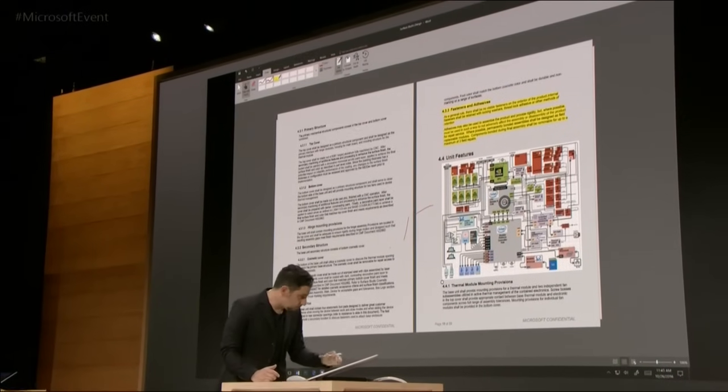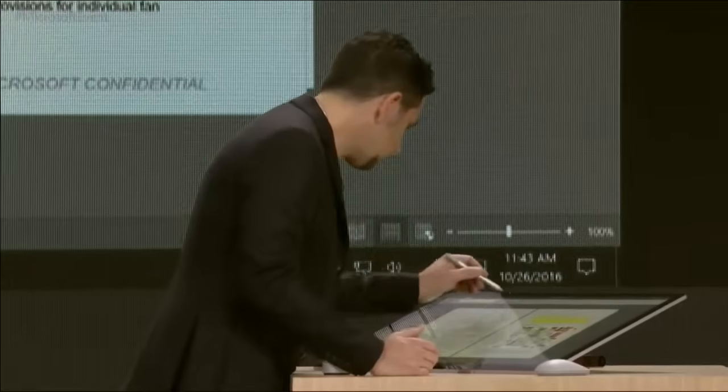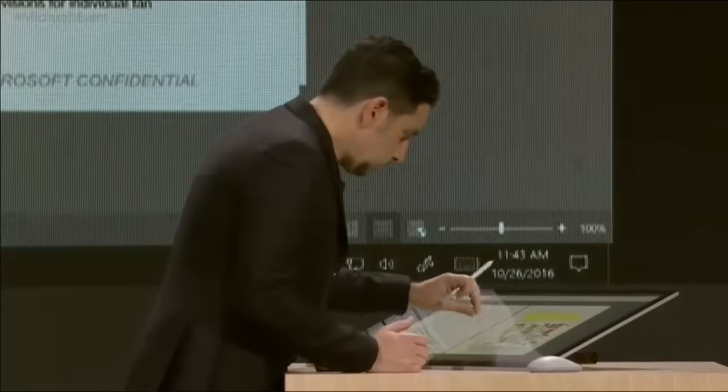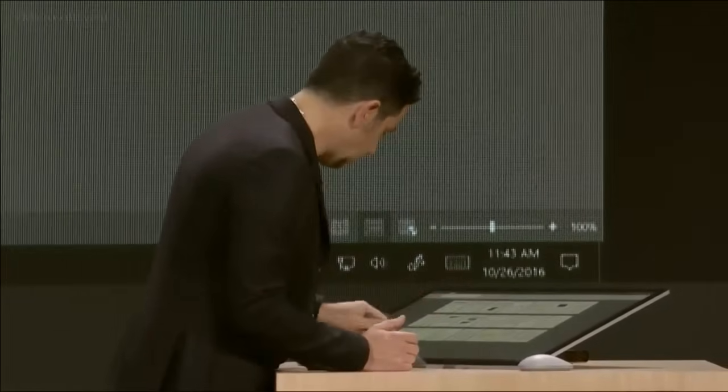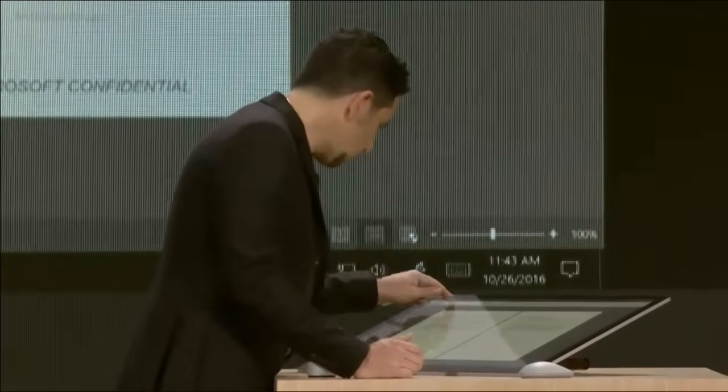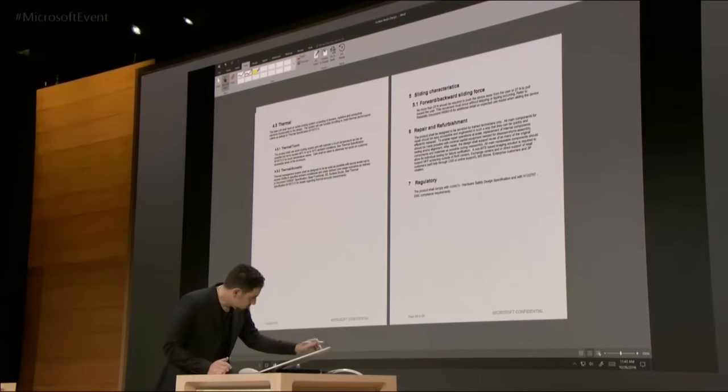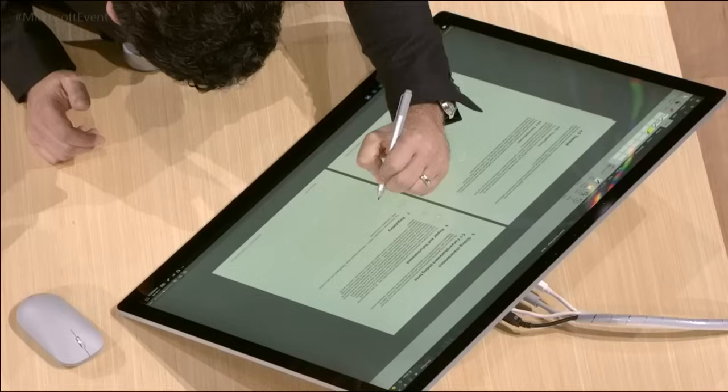So I'm going to zoom back out in just a minute so you can see this. I'll zoom out for you, and I'm going to go to the bottom piece. Now I'm going to write a note, and I want to show you something new. I'll give you this. Team,